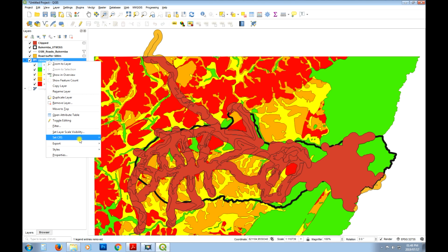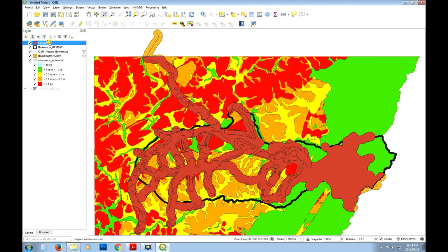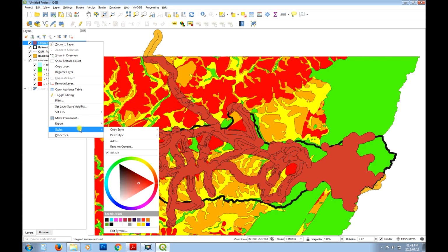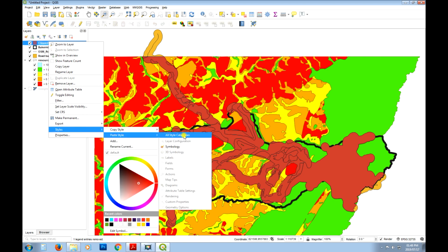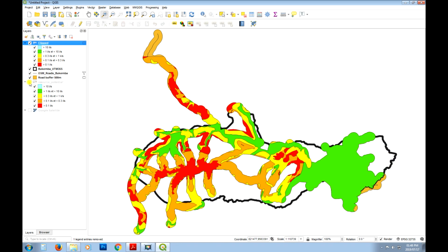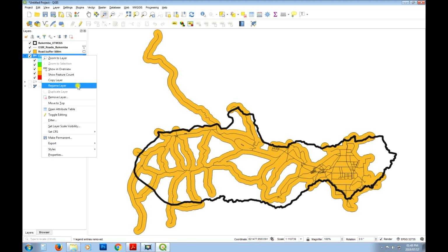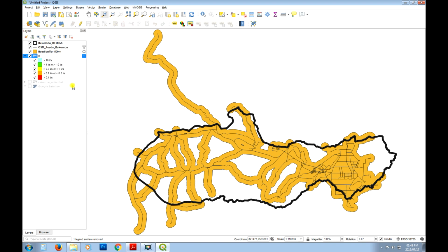What we can do quickly is copy the styles from our resource potential layer, and we can paste it on top of this layer. So now the clipped layer is basically taking the style values of this one. So we'll copy those style values and paste them on there. Okay, so now I'm just going to minimize that. Now this one I want to rename as well, and just call it resource